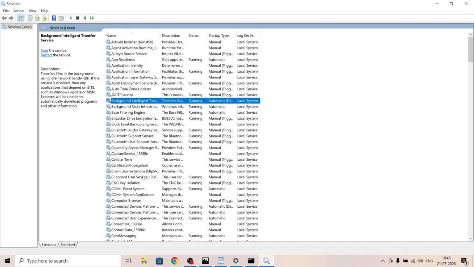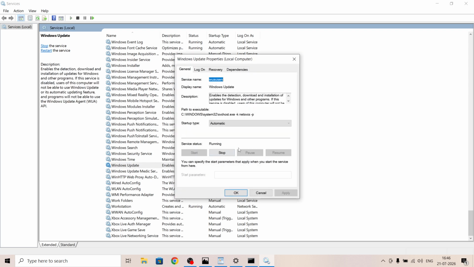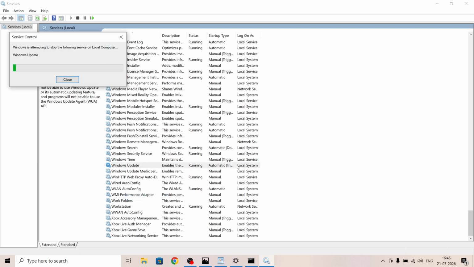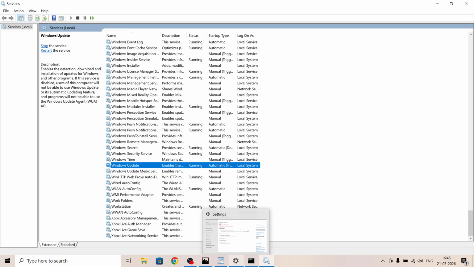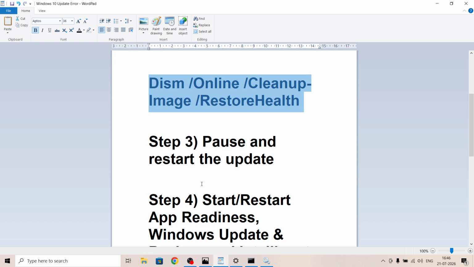Now find Windows Update. Somewhere at the bottom you will see Windows Update. Make a double click on Windows Update. Again set this to automatic. Click on apply, click on start if highlighted, click on OK. Make a right click and then click on restart. Now once done, if you see retry option, try to install the update once again. Still not working. The next step is to